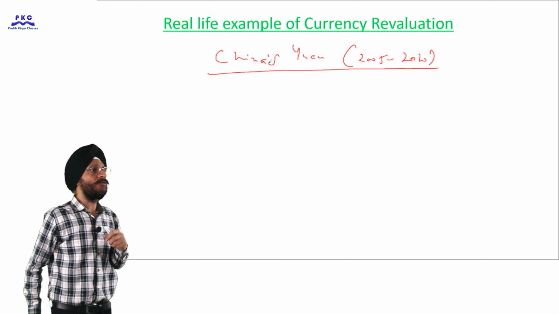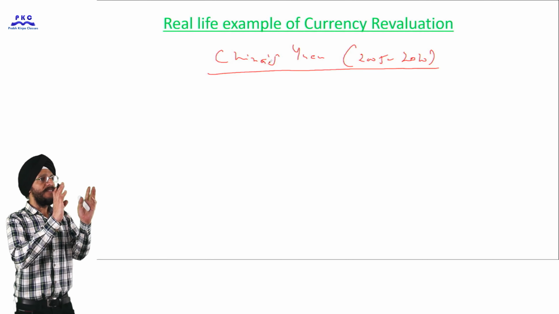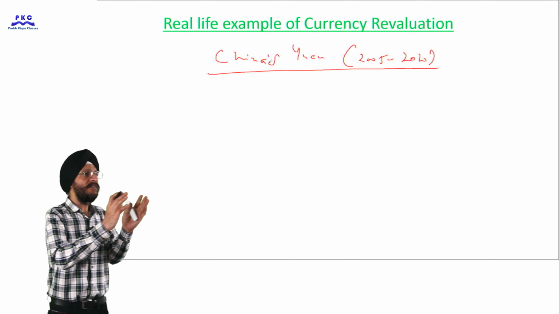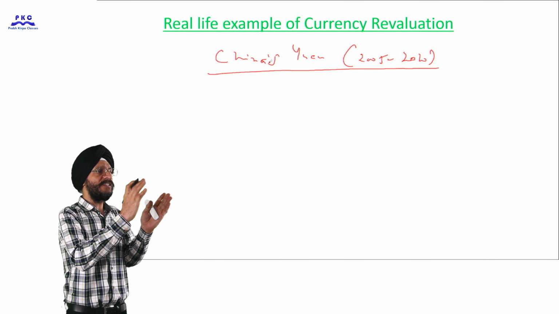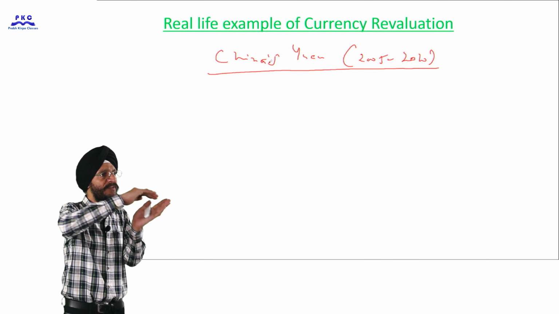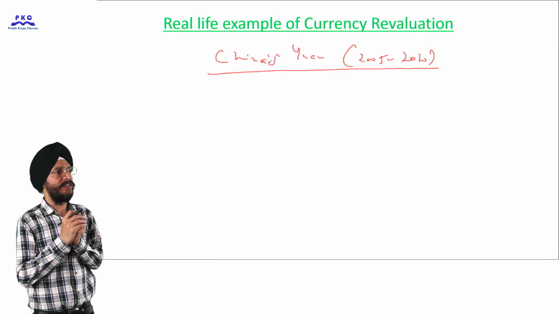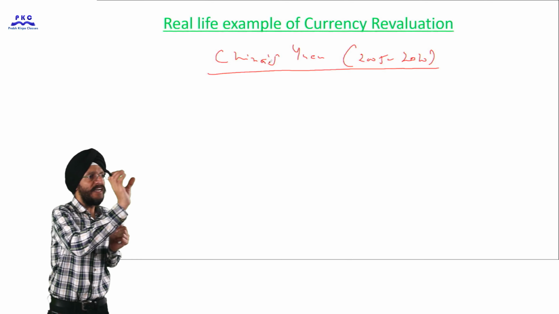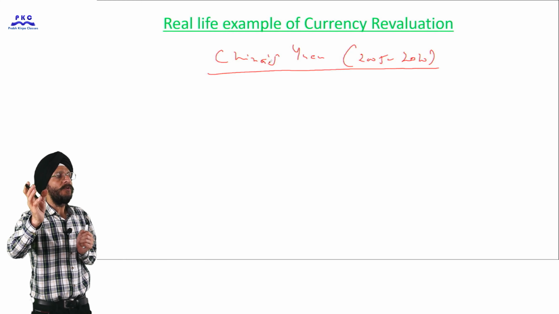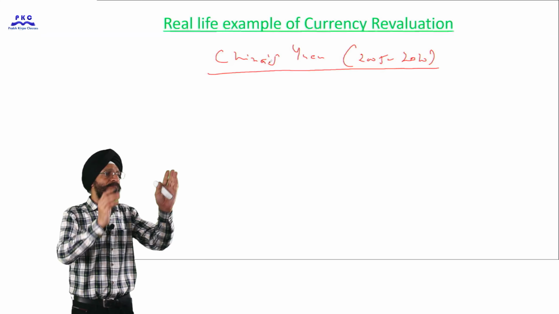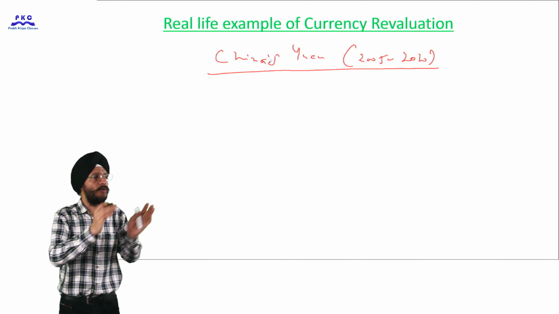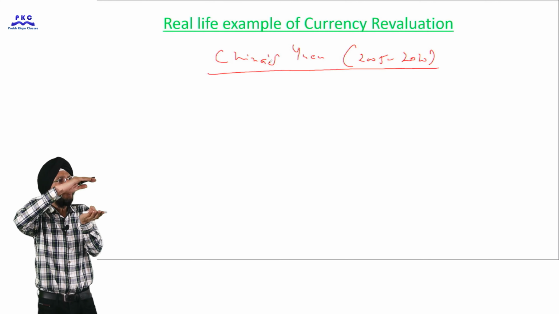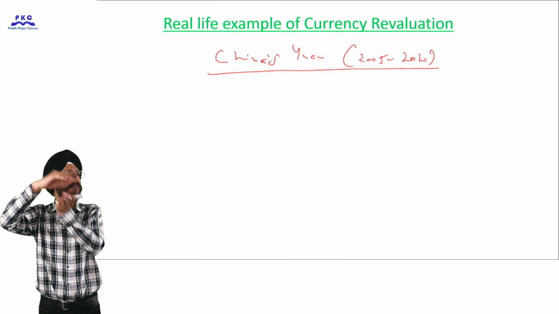Prior to 2005, China was adopting the policy of a fixed exchange rate system of its currency vis-a-vis the US currency. That is, it used to peg its currency, the yuan, with respect to the US dollar. That is, it was taking steps to ensure that the value of its currency remains stable with respect to the US